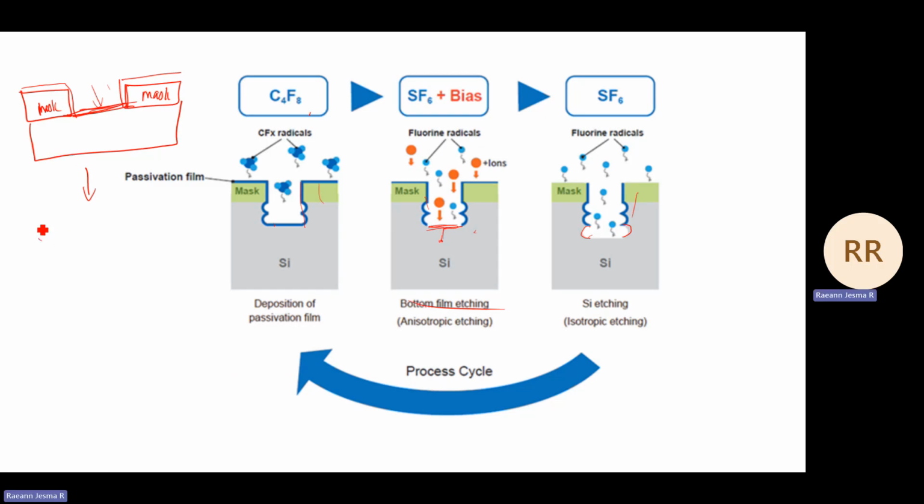What happens is that it will create this kind of profile when it etches below the mask. In the next cycle, after the etching, we will again do polymer deposition. So polymer will get deposited everywhere, both on the sidewalls as well as at the bottom. When the SF6